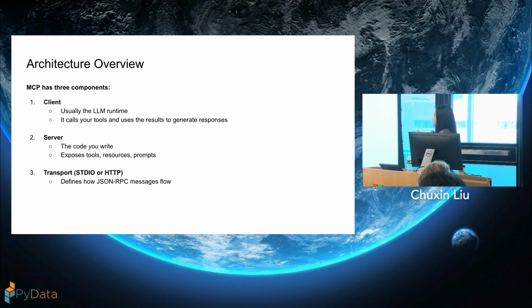We want to create servers that your LLM can use. The server has the code that you write, and it exposes everything that you need on top of your LLM. And then at the end, there is a transport side, standard I/O or HTTP. Yiwen is going to cover this part a little more later in the tutorial.